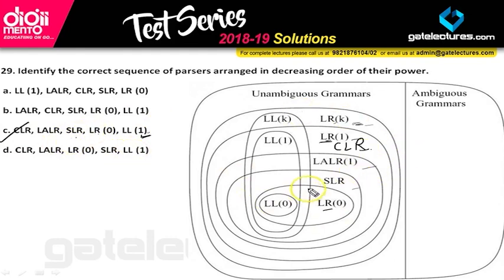So you can make a note of it, and always remember no parser can parse ambiguous grammar. So the grammar should be unambiguous. Only our operator precedence parser can parse ambiguous grammar. Other than that, no one can parse ambiguous grammar, so they must be unambiguous. Okay, so make a note of this diagram also.